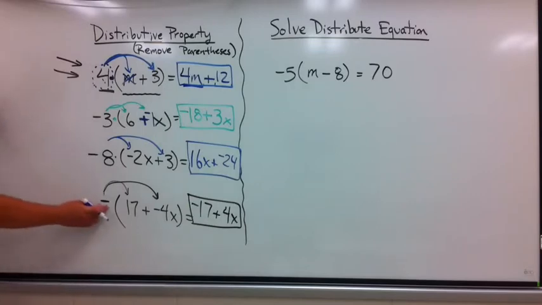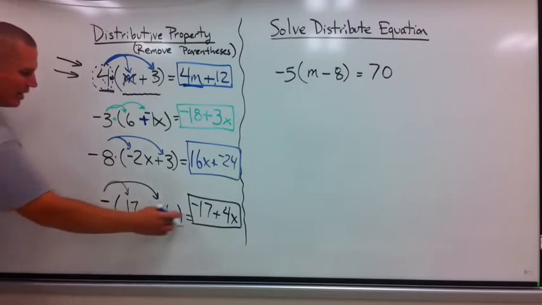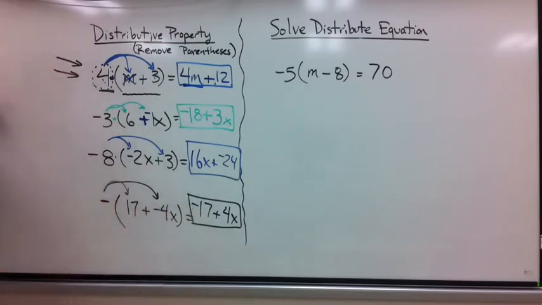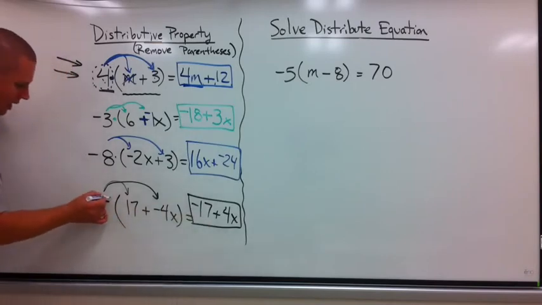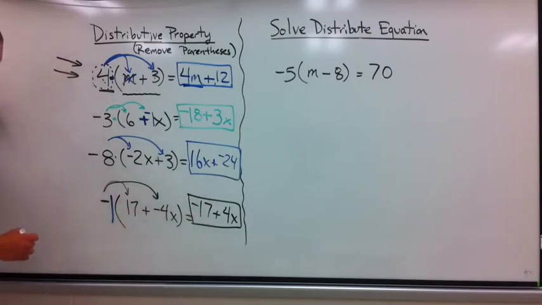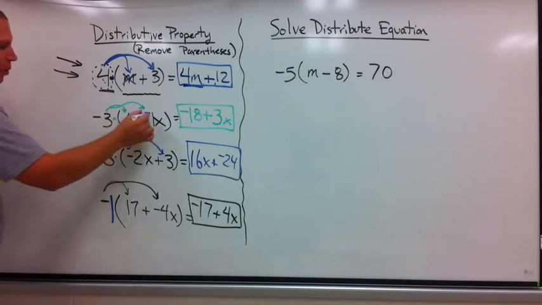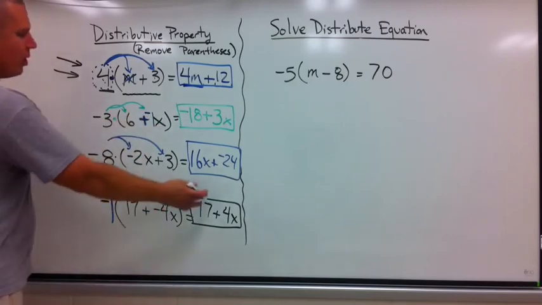Now I started to say, what number is out here? Well, what number times 17 is negative 17? The answer is negative 1. So anytime there's a single item, whether it be a single opposite or a single variable, you can put a 1 there. This is distributive. Notice it gets rid of the